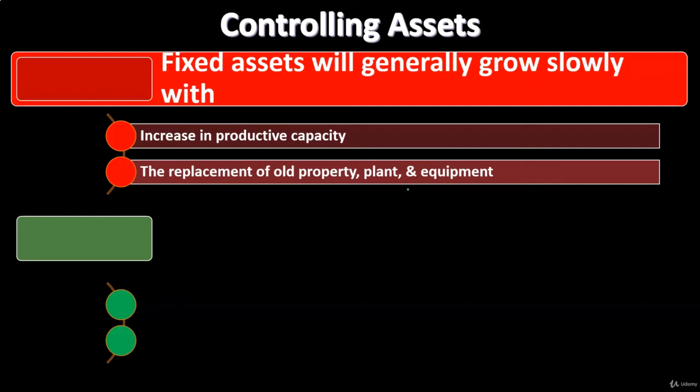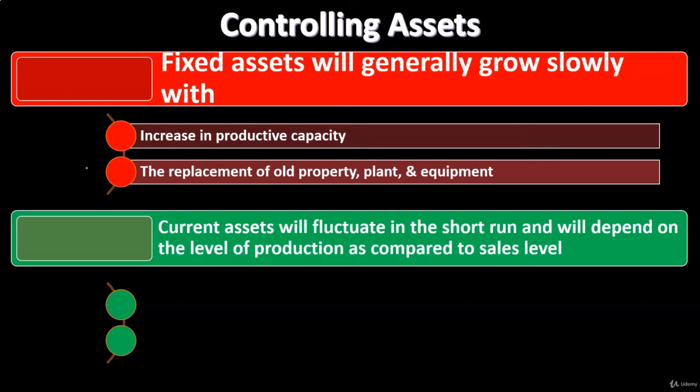So it's not something that's likely to increase substantially unless there's some kind of very substantial growth plan that was put into place. So it's going to increase when there's an increase in productive capacity. If you have a growth plan of productive capacity where you want to increase the capital assets in order to increase your sales, increase the equipment to increase the sales, or just in the nature of normal business when there's a replacement of old property, plant, and equipment with new property, plant, and equipment, that'll increase the total value of the assets as you buy newer equipment.